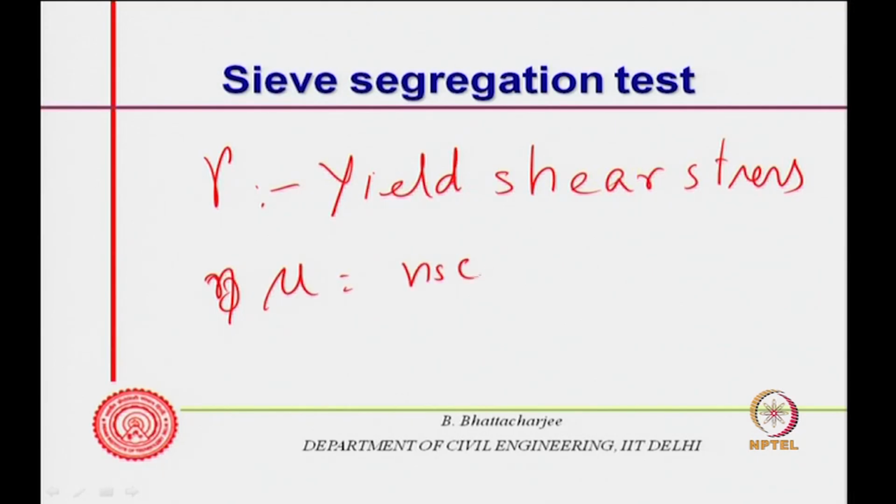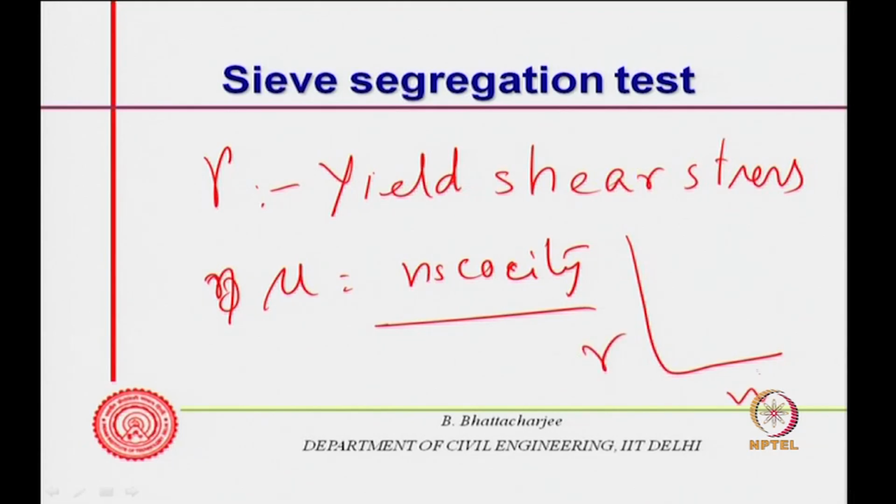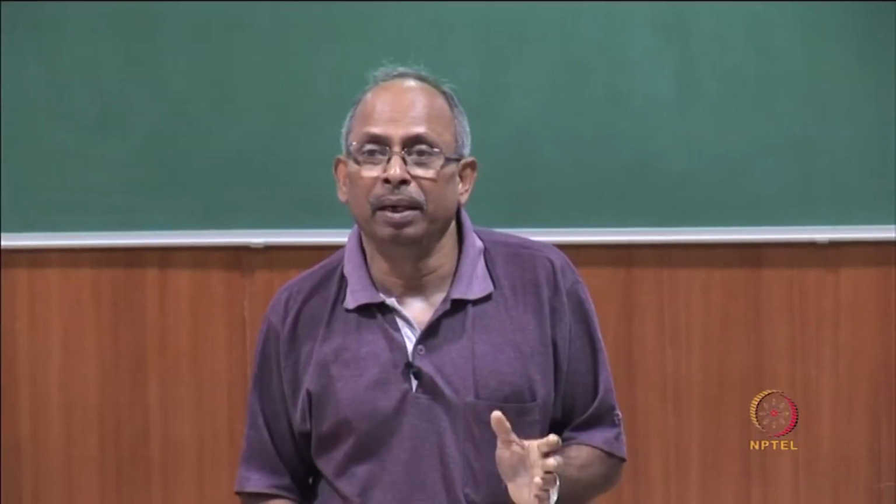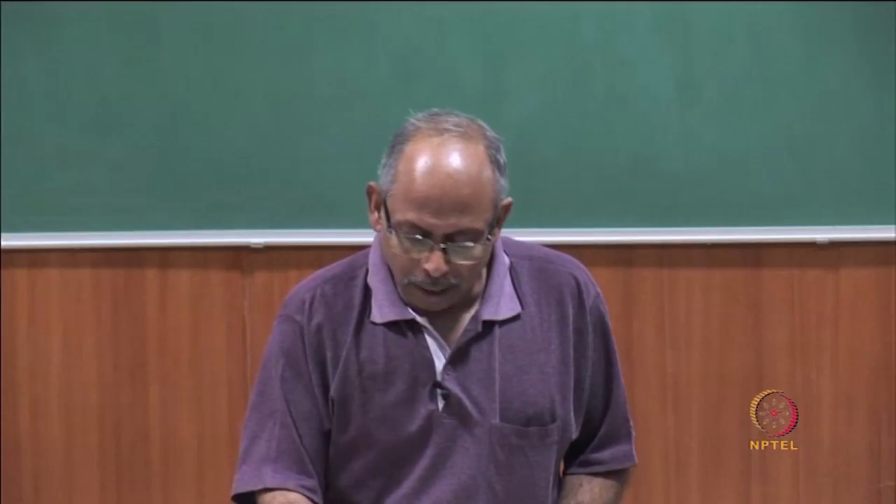So, viscosity should have been sufficient, but at the moment this is not really happening that way. For example, we said that if you plot gamma versus viscosity, it should lie somewhere here. But there is no universally accepted method to measure gamma or mu,